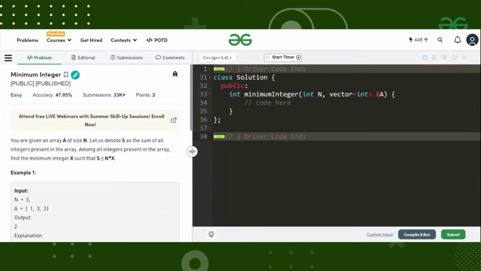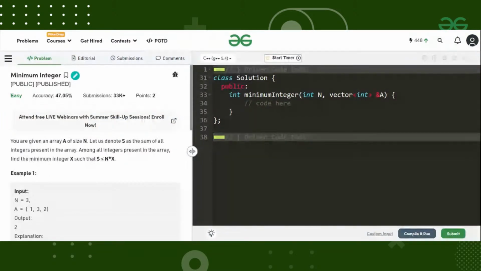So, what about you? Were you able to solve today's question? Yeah, it was easy. So it should not take much time here as well. Okay, so I think we're going to start with the question.